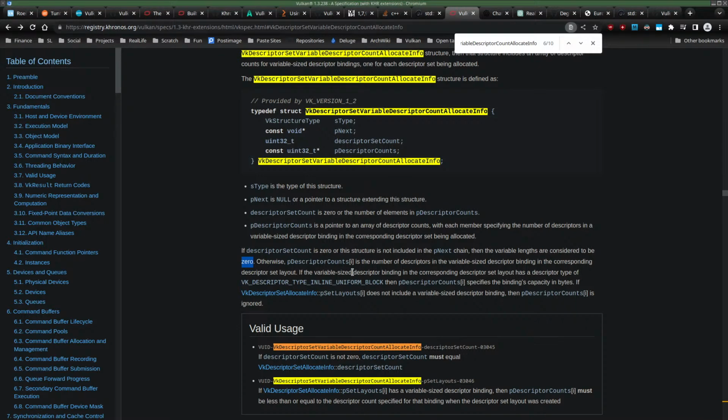If the variable sized descriptor binding in the corresponding descriptor set layout has a descriptor type of inline uniform block, yeah, does not include a variable size descriptor binding, then, wait. If VkDescriptorSetAllocateInfo pSetLayouts[i] does not include a variable size descriptor binding, then pDescriptorCounts[i] is ignored. So I can set it to whatever I want. I did set it to 0,